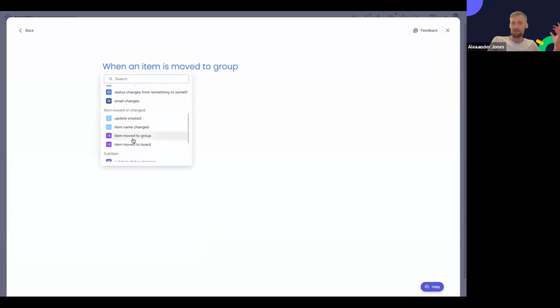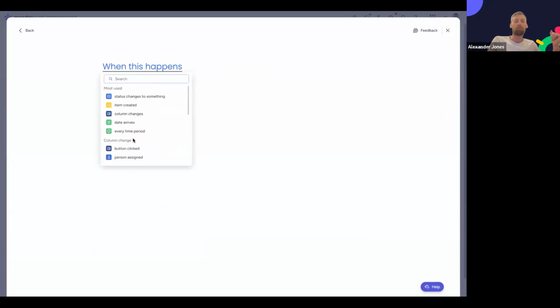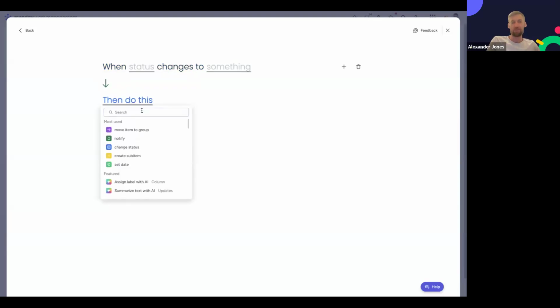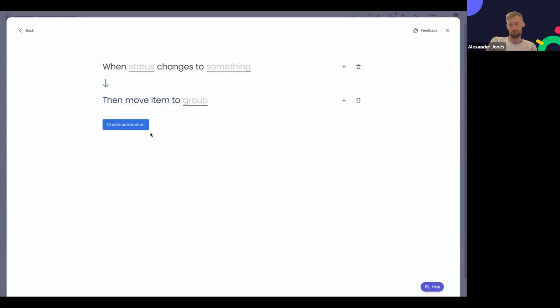Here you can see some of the triggers that we can use. But a very simple automation to get us started would be when a status changes to something. The action, then, the thing that's going to happen as a result of this automation launching, we could choose, for example, move item to group. And I think the most classic automation of this type would be when you're working with tasks, like we were on that previous board,